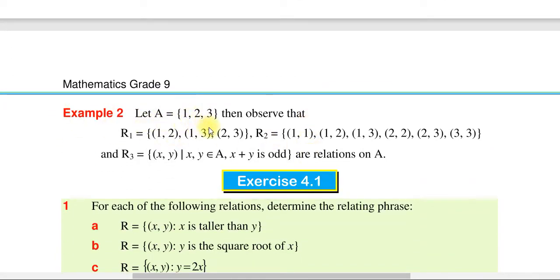Let set A be a set of 1, 2, 3. Then observe that R1 is a set of ordered pairs (1,2), (1,3), (2,3), and R2 is the set of (1,1), (1,2), (1,3), (2,2), (2,3), (3,3), and R3 is a set of (x, y) such that x and y are elements of A, x plus y